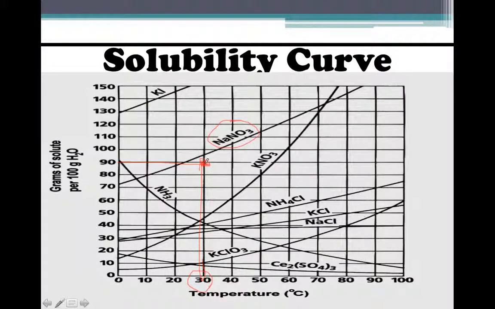Now, is this point below, on, or above the line? If it is below, it is unsaturated. If it is on the line, it is saturated. And if it is above the line, it is supersaturated. So this point right here, when I graphed it, it is below. So therefore, it would be